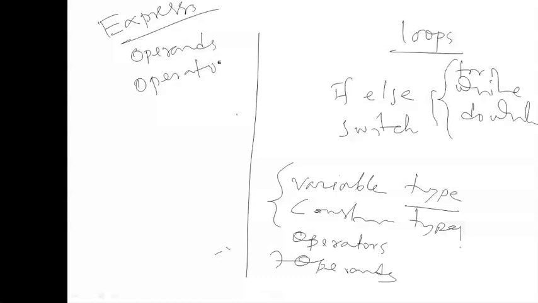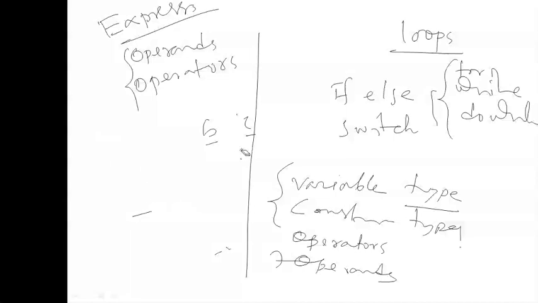Very easily you can understand. So operands means a, b, c, the variables which are having some values. Constants 2, 5, 2.5, these are the values, any sort of values. And operators are plus, minus, multiplication, division, and many other operators which are available in C and C++. So you can use those things